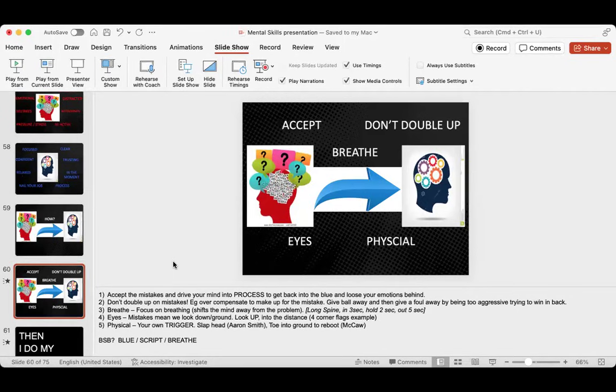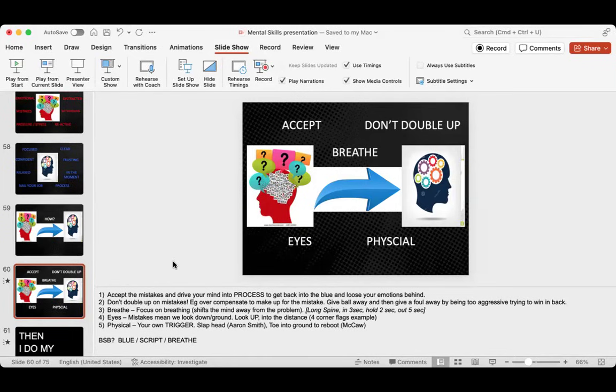So if you think about it in a football situation, I've given the ball away or I've been tackled, and I'm really pissed off about it. I'm going to sprint after the guy tackling in the ball, and quite often I tackle him aggressively or illegally, and I give away a free kick. So instead of just giving the ball away, now I've given a free kick away, potentially a yellow card, and